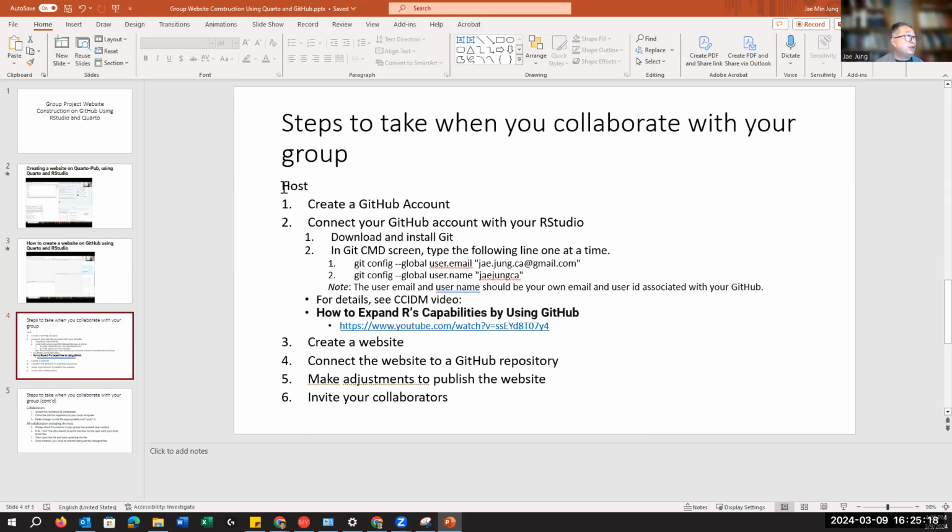And while I'm demonstrating it, I want this to be helpful for a group of students who are working on a project. So here are the steps you can take when you collaborate with your group. You can designate one person to be a host, and that person will create the website, connect the website to the GitHub repository, and make adjustments to publish the website, and invite the rest of the